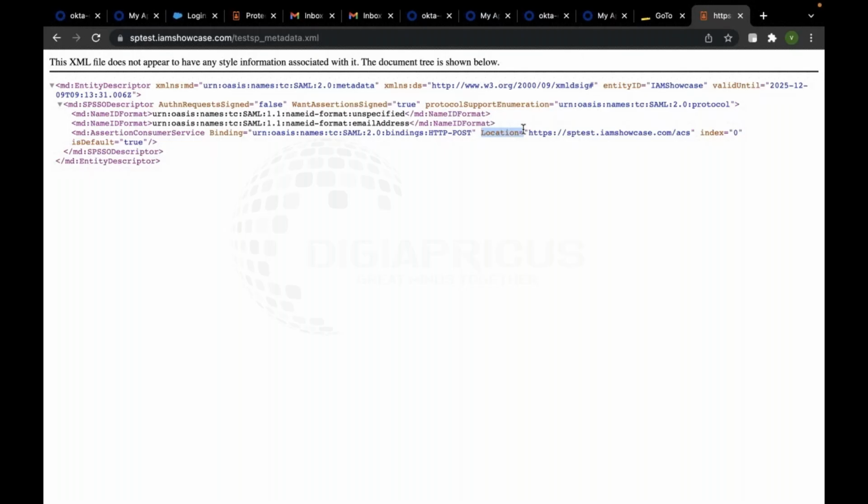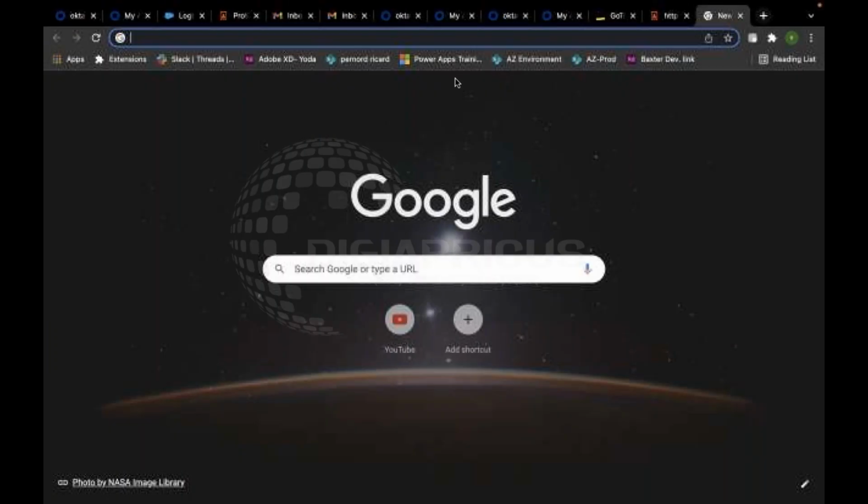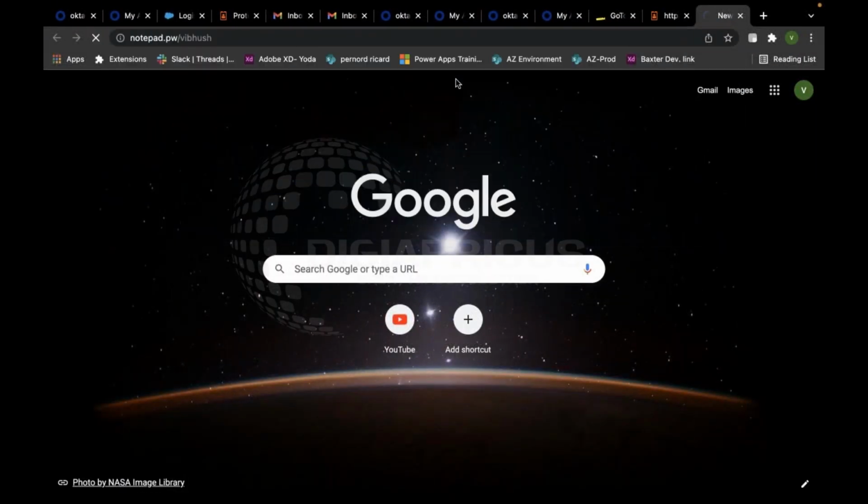Okta will be authenticating the user, and it will be sending back the response to the service provider. Now that response, what IDP is sending back to the service provider, is your assertion. So that assertion needs to be consumed by the service provider at some point of time. A service provider has to consume that assertion, right? So if it is getting confusing,